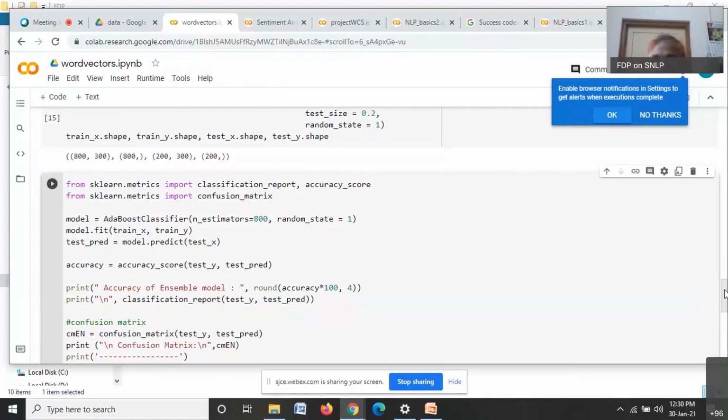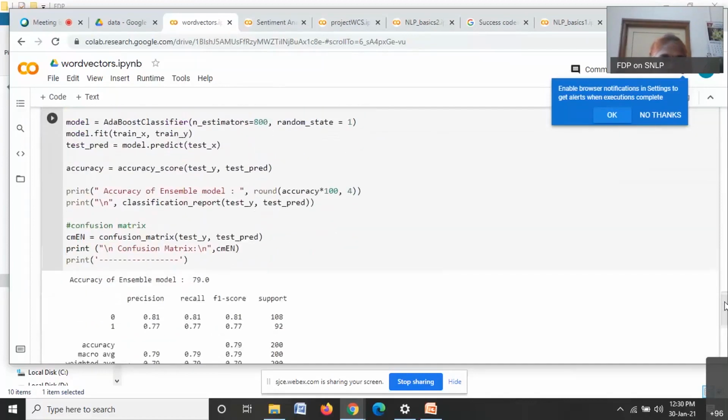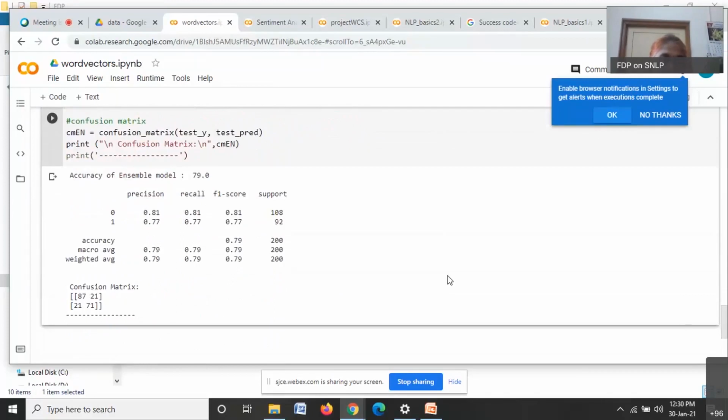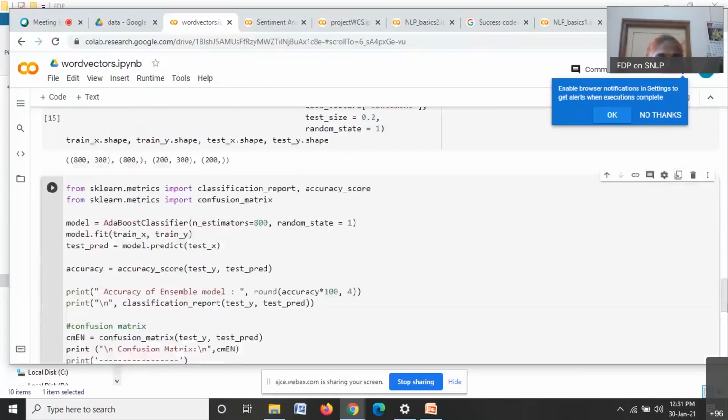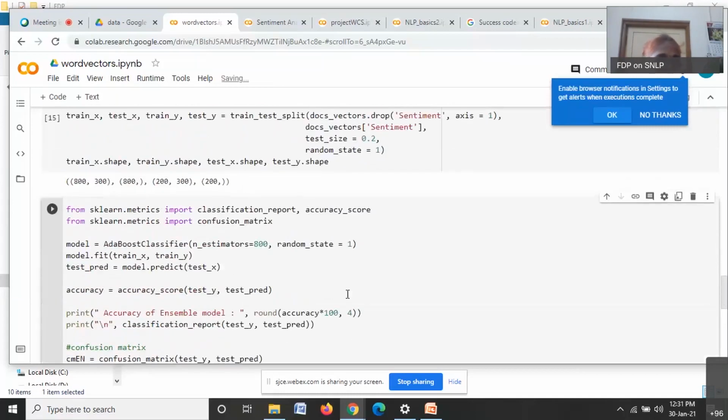After that you average it, and Doc2Vec will take care of that automatically. This is the accuracy of the ensemble model, and you're getting it as 79. We have precision, recall, F1 score, support, and even the confusion matrix. The actual machine learning part has got nothing to do with the text classification.